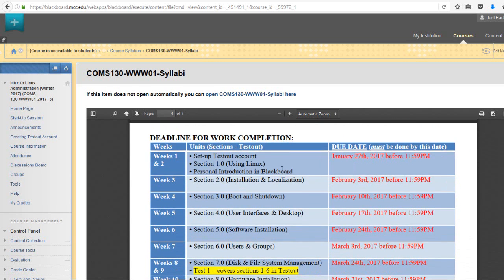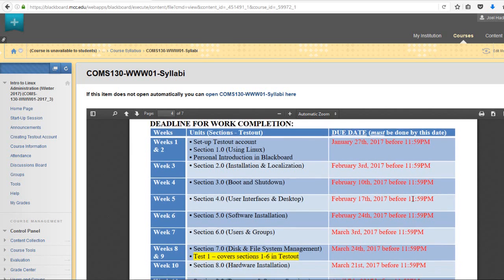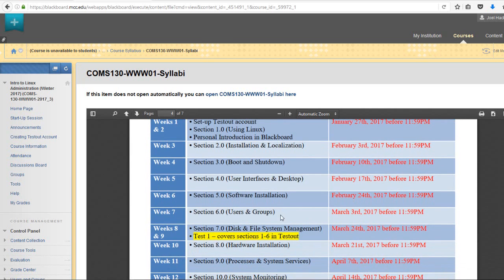This is the deadline for work. Very critical that you keep track of this. As you can see, section 1 I gave you 2 weeks to get it done, because it is the longest section of all the sections. So it's not hard, it's just time consuming. So these days, it's something that you definitely have to keep track of. You must keep track of these due dates, because that's when I'll grade your work, and if it's not there, it's not there. Like week 8 and 9, for example, you have section 7, which is the longest, which